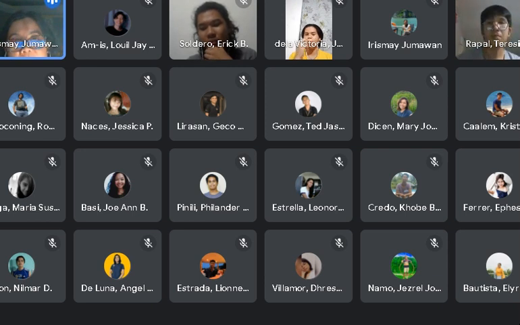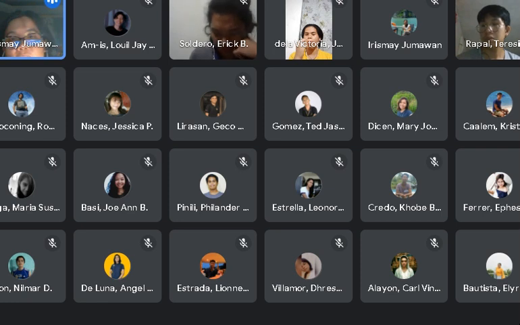So for example, if you have, di ba, 10 meters man ni, if the concentrated load naa siya sa middle thirds, so pila man na ang middle third? Naay side sway kay mahitabo ang